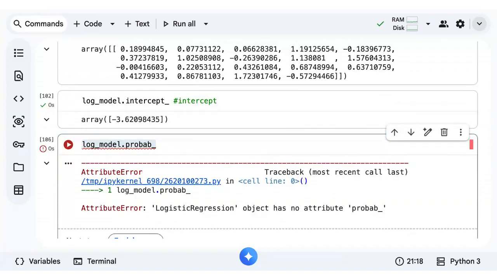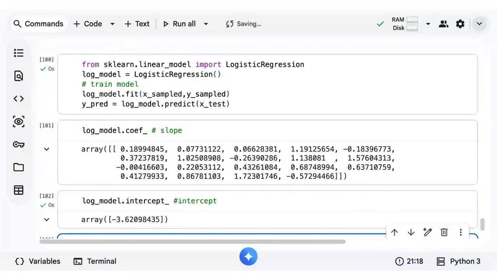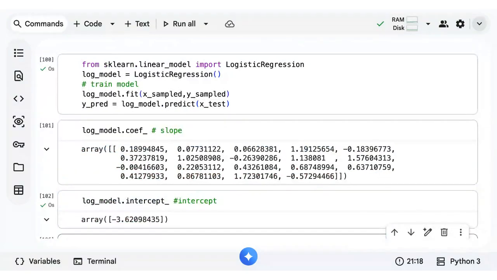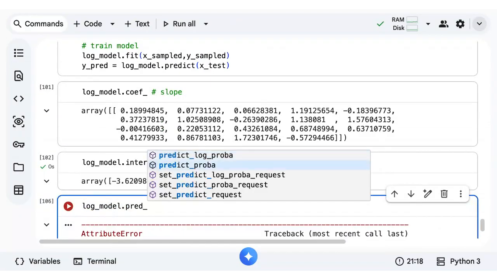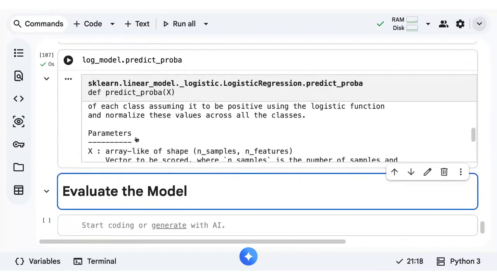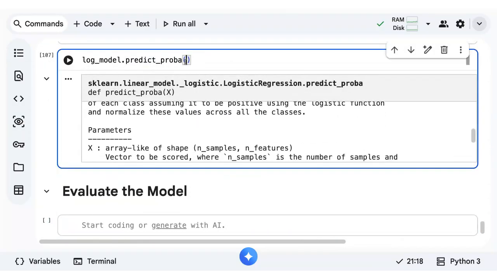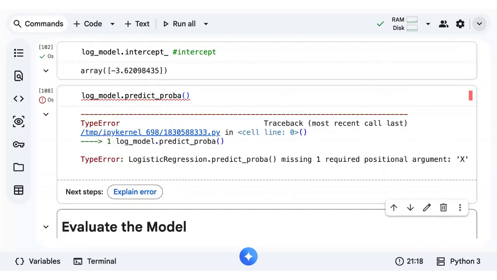Understood. Model building is very easy. Only thing is understanding the logic will take time. Okay. So if you want to see the probabilities it has predicted, you can just use predict_proba.